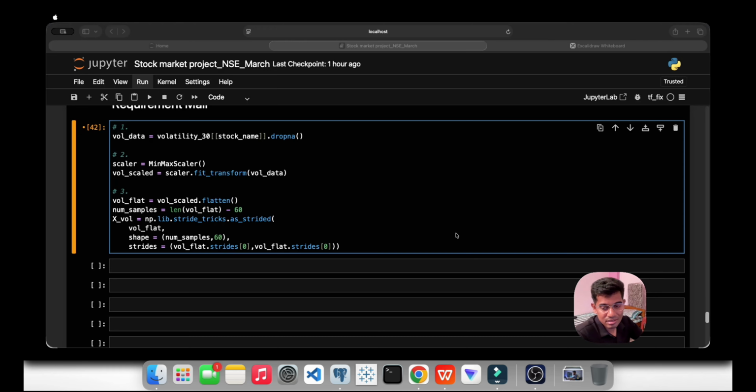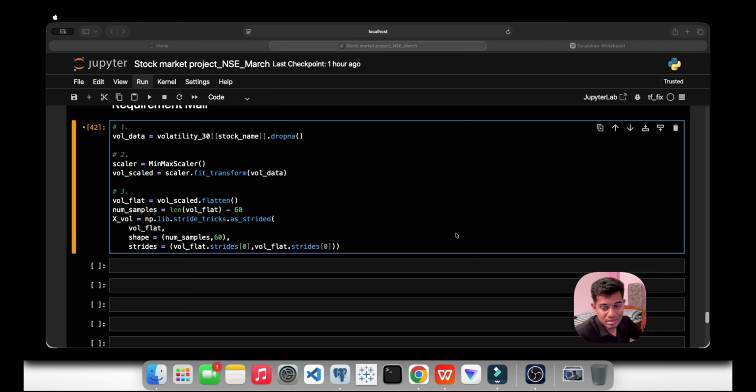xvol, that is for x volatility. In case I might have said volume, please sorry for that. By flow of words, if I said volume, it's actually volatility. So here we will do a reshape of the values.